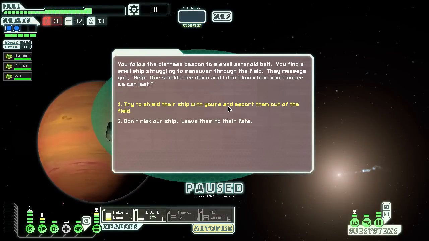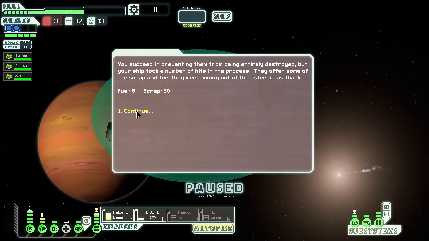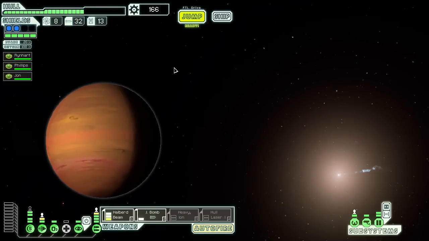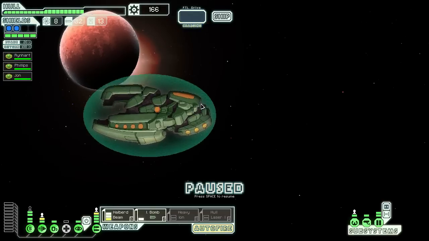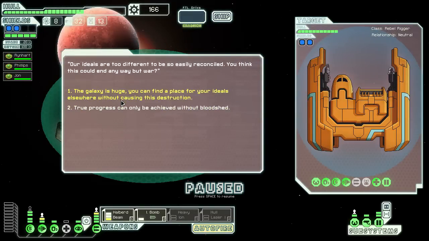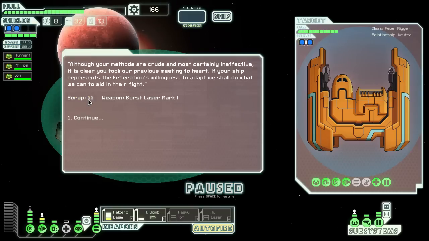Let's go ahead and try to escort their ship. They gave us 6 fuel and 50 scrap, so that's pretty good. Let's go ahead to this quest marker and make sure we choose the proper dialogues. Let's go ahead and do number 1. True progress can only be...